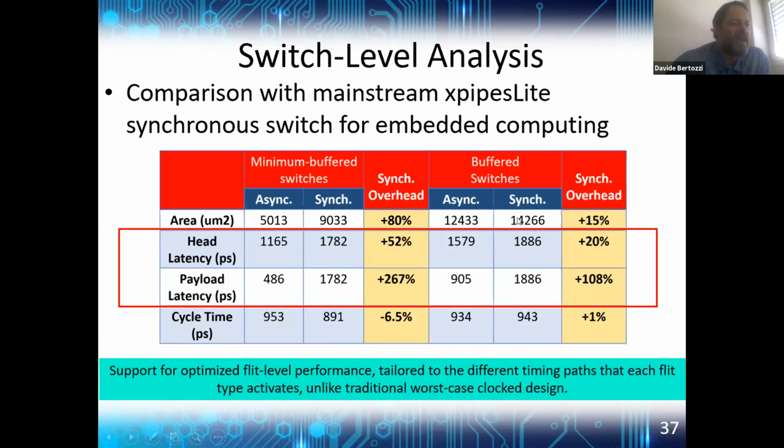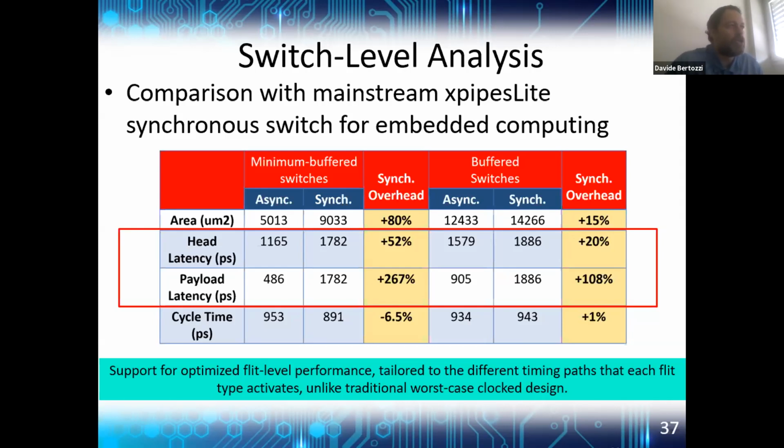For the synchronous design, there's no difference between head flit and payload flit. And the reason is straightforward, because there is a clock cycle and all the operations are fitted to the clock cycle. Therefore, there is no difference between head flits and payload flits,